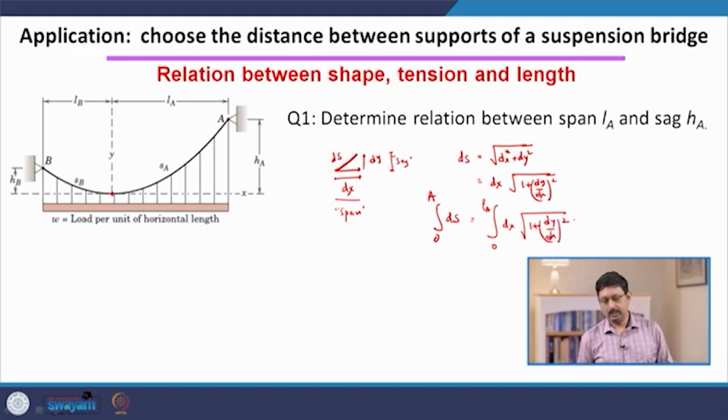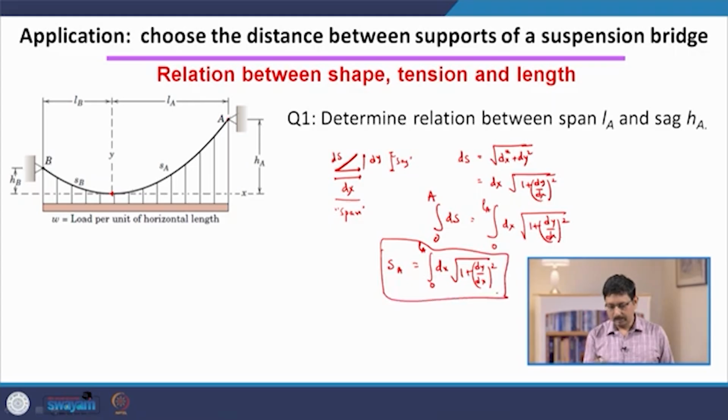So, this is the general relation. So, this will give you SA. So, this is the general relation that you get. Now, in this case you can do a further simplification. I will put it as a take home exercise. So, in the case of massless